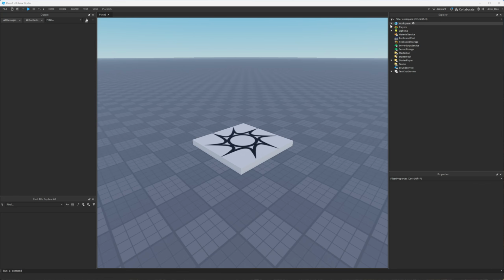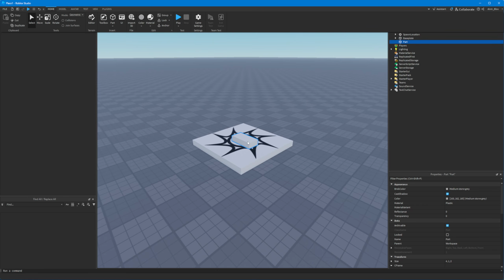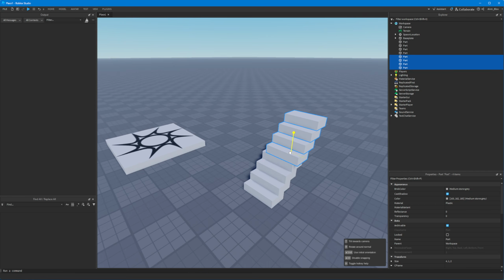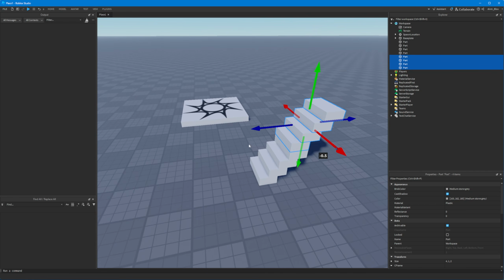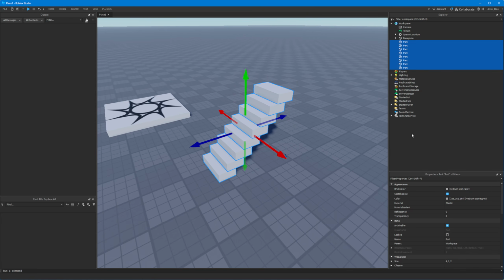So imagine you have a group of items in Roblox. Perhaps you have loads of parts and perhaps they're inside a model or even inside of a folder, okay? And what you want to do is do something to all of these parts. Perhaps you want to change the color of all of these parts at once without having to say